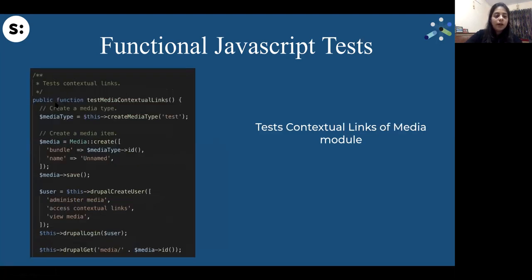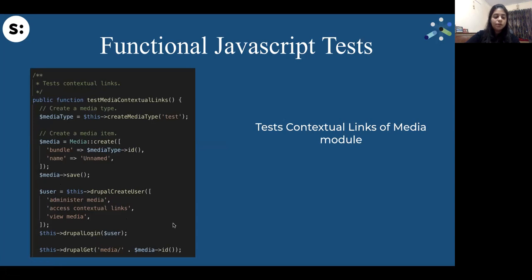Now I've created the test method. Inside the test method, I'm creating a media type with the function create media type. Now I'm creating a media item here, with the bundle name and some random name. I'll save this media, then I'll create a user with the appropriate set of permissions.